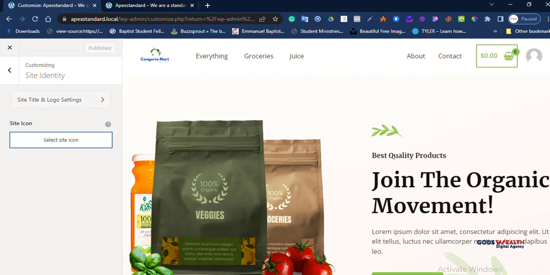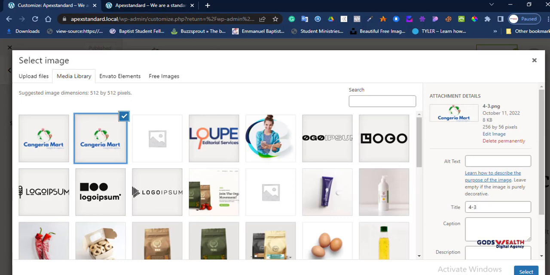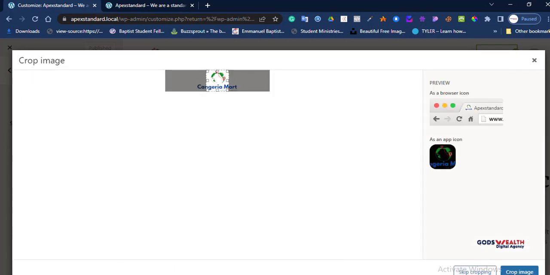So what I'll do is to pick a site icon. Let's say we are still picking this as our site icon. So I'm going to select that. You see what it's saying now. What is happening is that this logo is not the logo that is designed for an icon. I'm just going to crop an aspect of it. You see the way it's looking here. Or let me